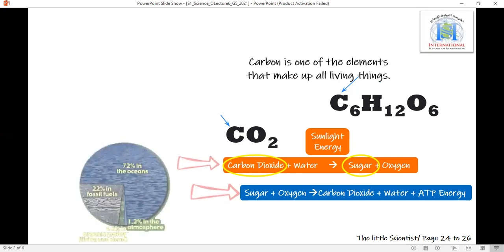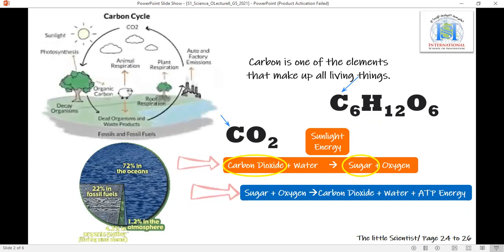Carbon is one of the elements that make up all living things. It is also found in oceans, in rocks, in soil, and it is found in the air as carbon dioxide. It is used by the plants in photosynthesis. It is found in many of the things that we use every day, from the fuel to chairs to almost everything. Carbon is so important in nature, and the amount of carbon that is found in nature must keep in